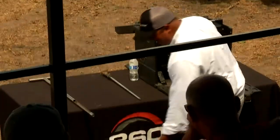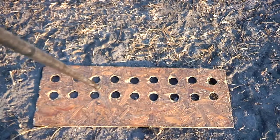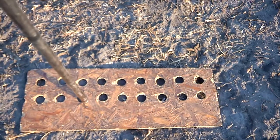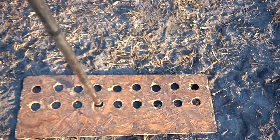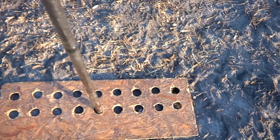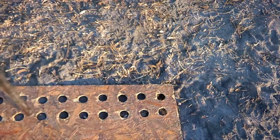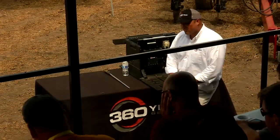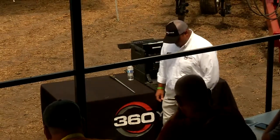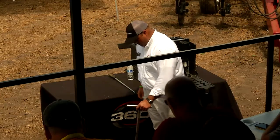We actually take the board and throw it down in between the row. Why we're doing that is because we want to make sure we're getting a good representation of what those roots may see down there. We've got a lot of guys doing a number of different practices pre-plant. He might be broadcast fertilizing, he may also be banding, but by pulling across the row in that fashion, we are making sure that we intercept the majority of that nitrogen